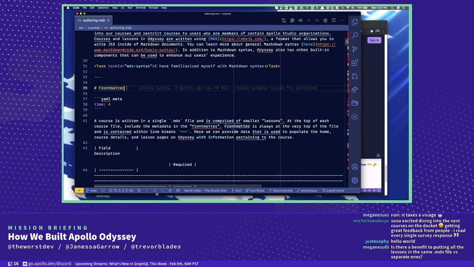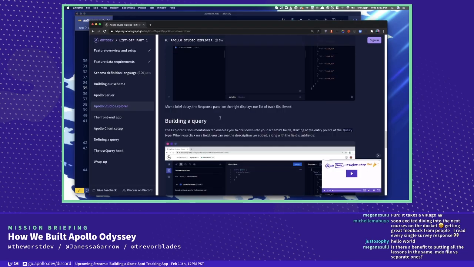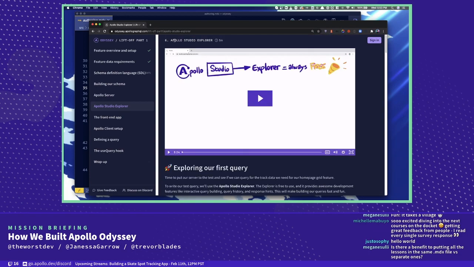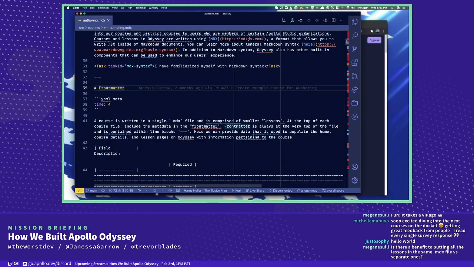In the page, you'll notice that if you look at the MDX for one of the lessons that you're on, we don't render H1s. This is a convention that we use to define the title of a lesson. Interesting. So the H1 for this page would be Apollo Studio Explorer. Got it. And so when we're rendering the page, we're rendering the page minus the first H1.